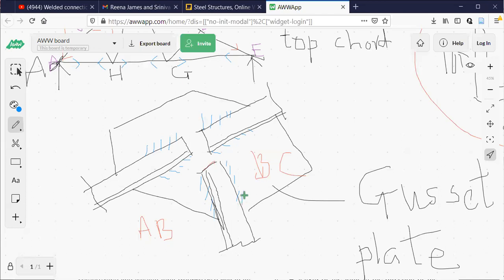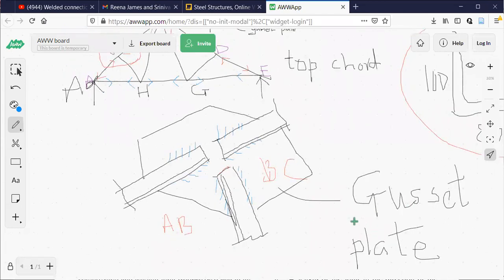And this is what we call a gusset plate. So if you try to use the welding method, this is the way you should do it. And the length calculation, length and size of the weld, I will discuss that today only. So what should be the length of this? How much is the length?